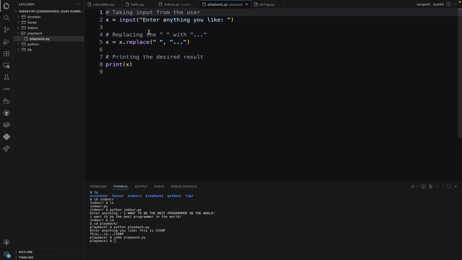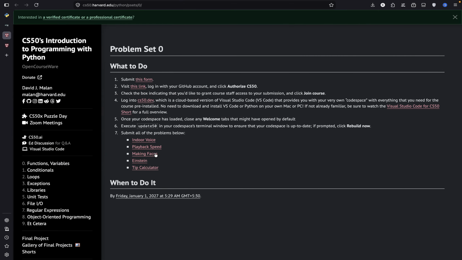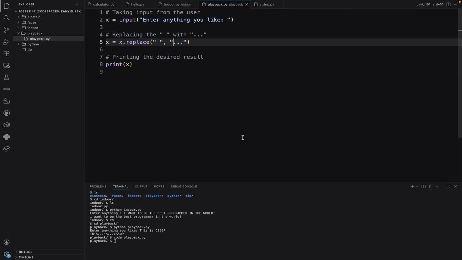See, look at this. I'm just replacing. I'll take the first user input, then I'll replace every space with three dots, just like this, and that's it. It's that easy. So I solved that. After that, making spaces, this is very fascinating, at least for me, because what it does, it goes back and type cd spaces.